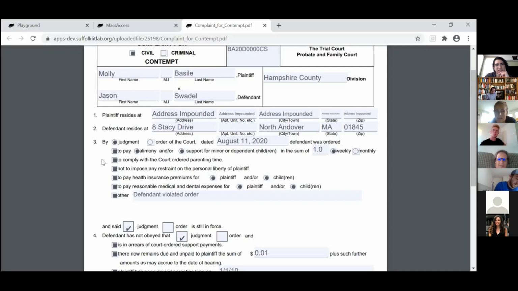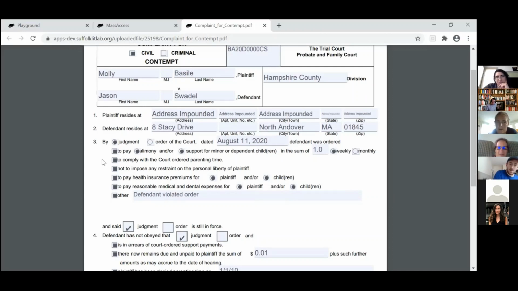It occurs to me we probably need the same option as before of impounding the defendant's address as well. That was in the generic motion form, if they don't know the defendant's address because it's impounded or something. I think that does exist in Mia and Vinny's form. Would you have address impounded, Kate, not just impounded? Yeah, you can just do the word impounded, either one. All right, so we'll fix it so it just says that over here, and then we'll put in the code so we could impound the defendant's address as well.